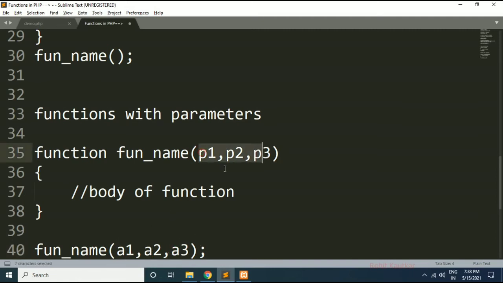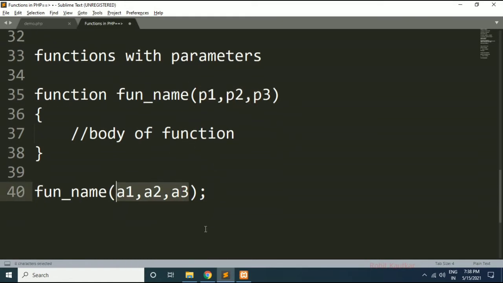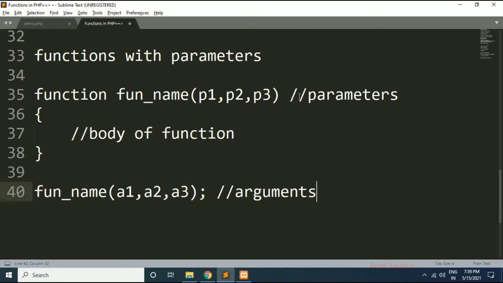So the number of parameters and the number of arguments must match each other. In the function definition we have parameters, and while calling or invoking a function we have arguments. Now let's see the example.